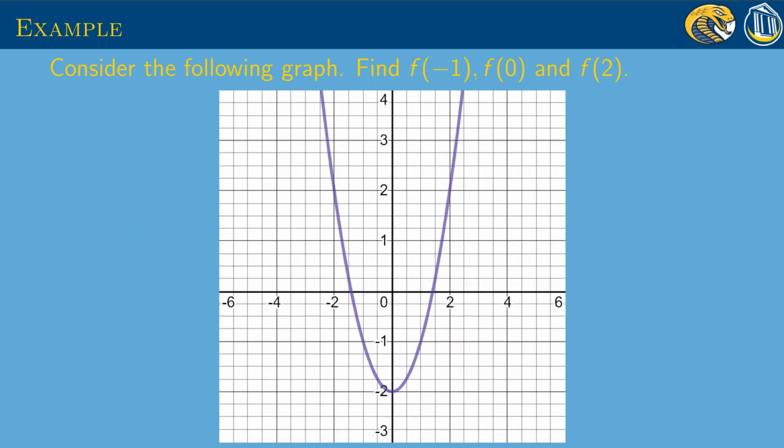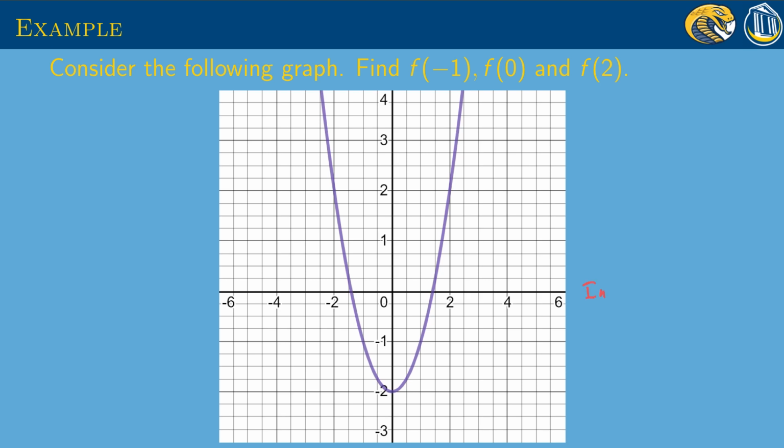So let's look at this graph. This graph is called a parabola. Doesn't matter what the equation of it is, we can still evaluate this at any number of points just by looking at our inputs and seeing what the corresponding output is. For f(-1),